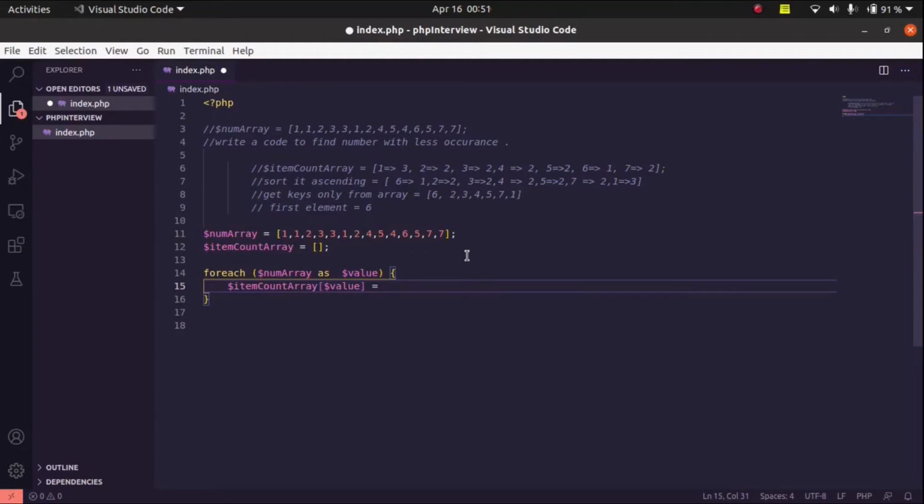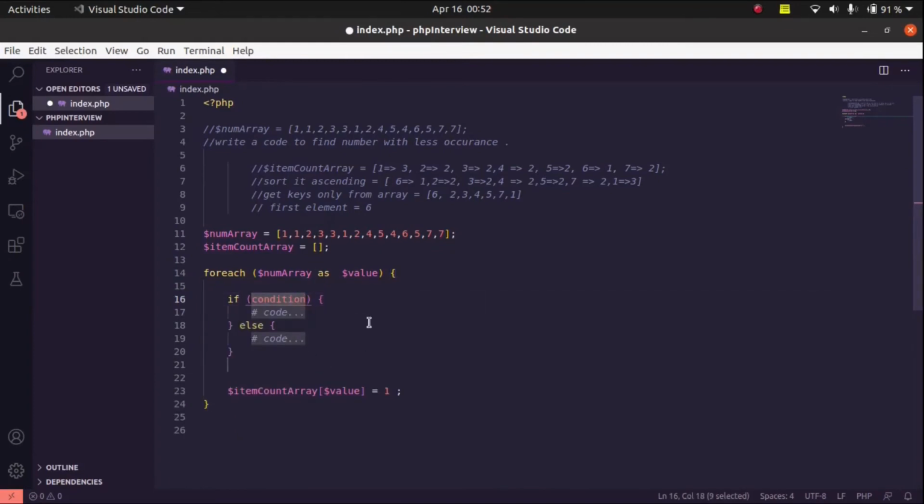So let's say at first we got this value, we assign number 1 to the key. So for number 1 the count would be 1. At the first iteration we just want to assign this value, but for the next iteration we want to check whether this value is already present inside the array or not. If this value is already present inside this array, we don't want to assign value 1. In fact, we want to increase the value by 1. So for that, the logic we will write is like this. We will use if.